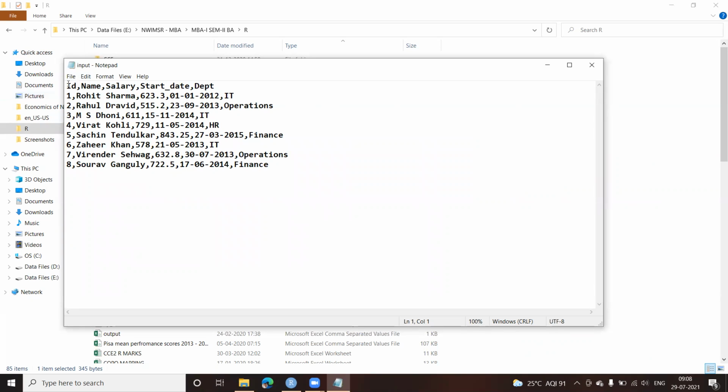Now I have some column headings. So the first row by default, okay, if you do not specify it, will be considered as the column headings. Okay, so I have ID, I have name, and you can see it is separated by a comma, salary, start underscore date, and department. So we have some records here, around 8 records. And some salary amount I have put. Now, I have put in only 3 digits. Okay, now look at the date format. Dates in R are very tricky, so we have to be very careful while handling the dates. Okay, I have given this as DD, MM, 4 Ys.